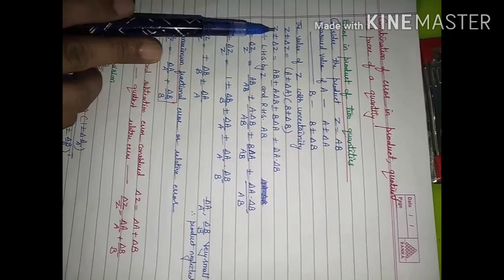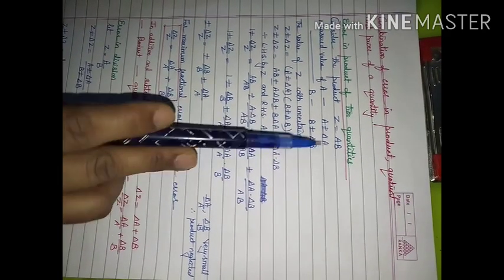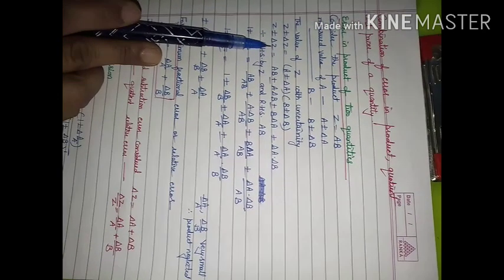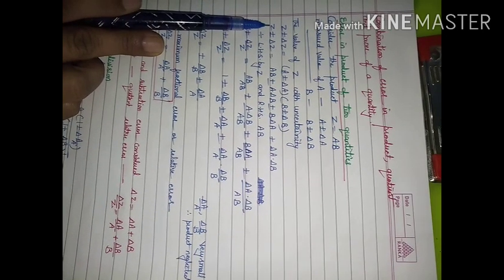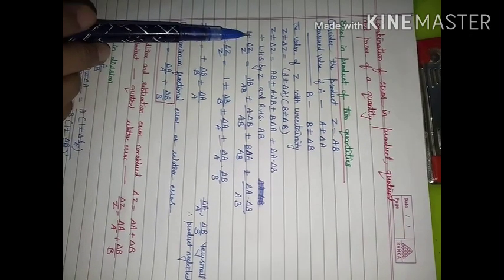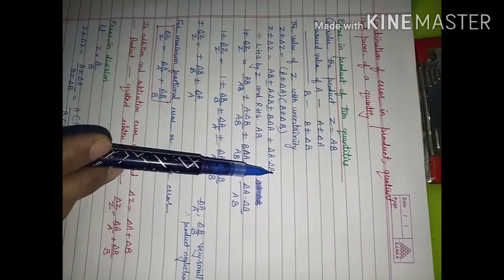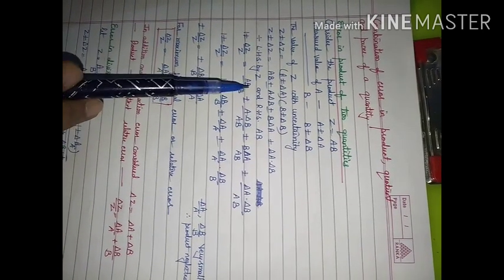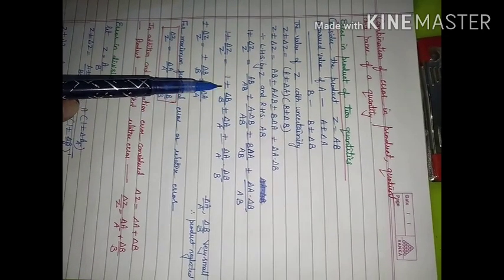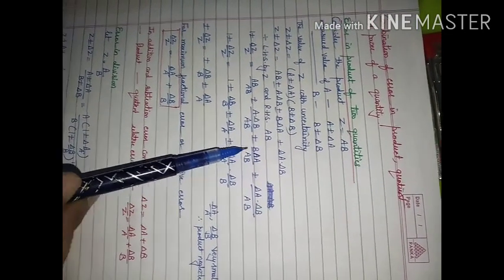Now divide the left hand side by Z and the right hand side by AB. It will not make any difference because Z is equal to AB. When this is divided by Z, then this term will be divided by Z as well as this term will be divided by Z. So Z upon Z will give you 1 plus minus delta Z upon Z. All these four terms will be divided by AB. So division of this with AB will give you 1. This will give you plus minus delta B upon B because A will get cancelled with A. Here B will get cancelled with B.